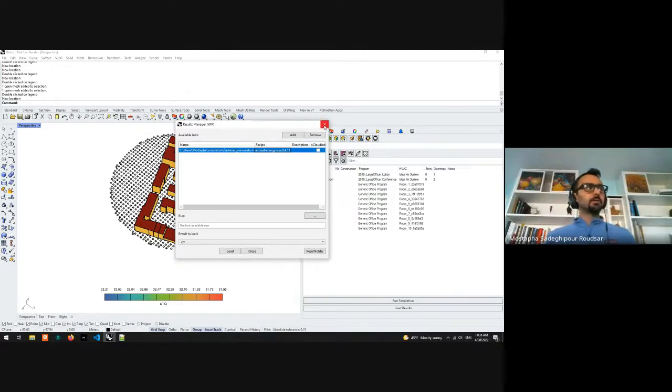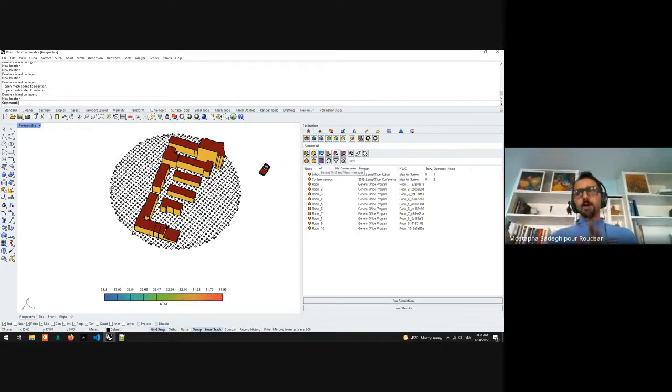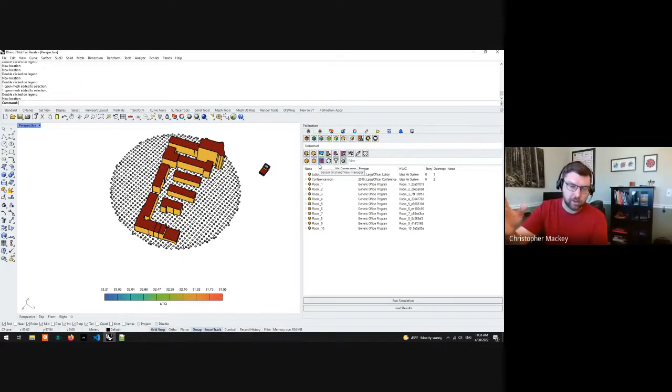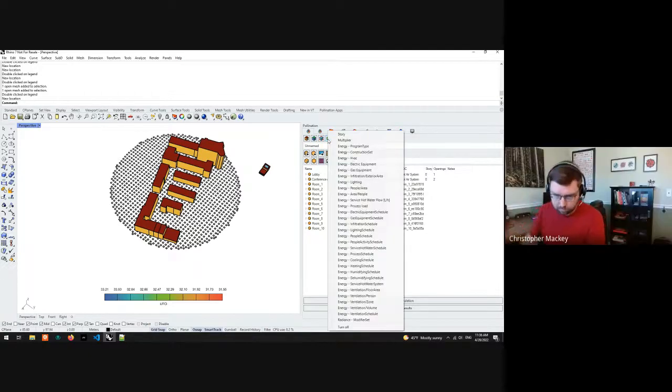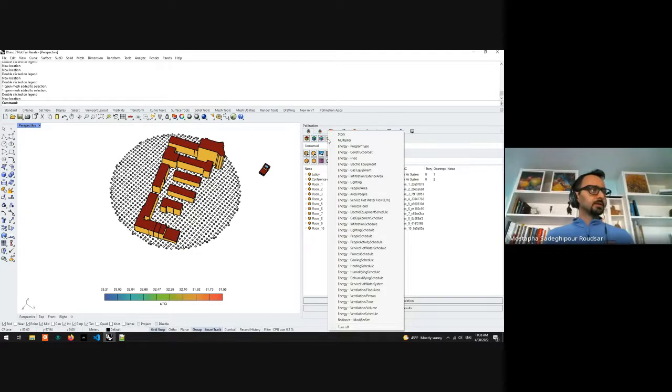But yes, we can do the same thing for the energy simulation results. Importantly, any input that you have for an energy model, like coloring by constructions, all those. Let me show you this. Actually, this can show. Thank you,